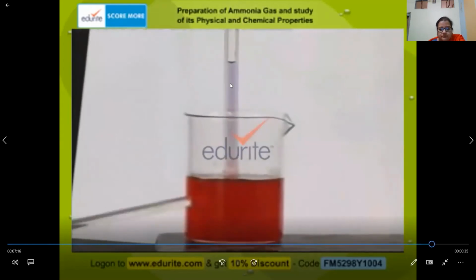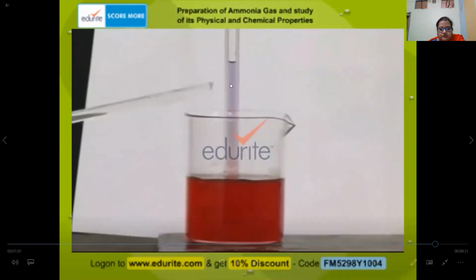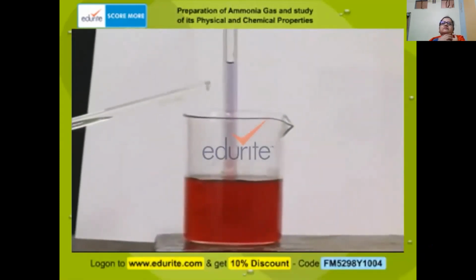You can find the blue litmus solution has risen up the glass tube and ammonia, as it is coming down, is highly miscible in water. It has turned